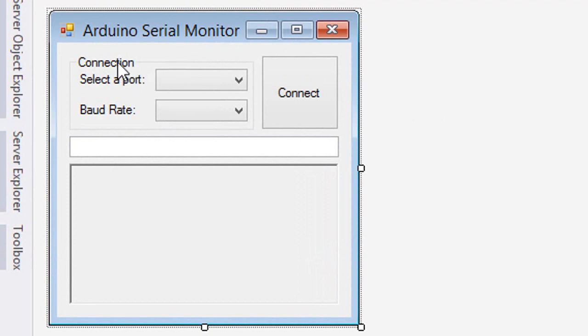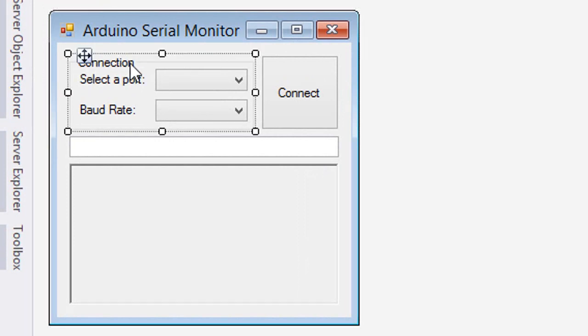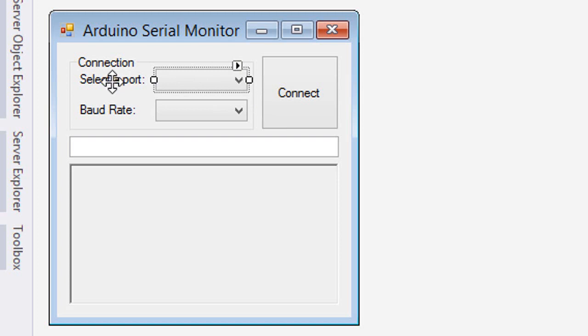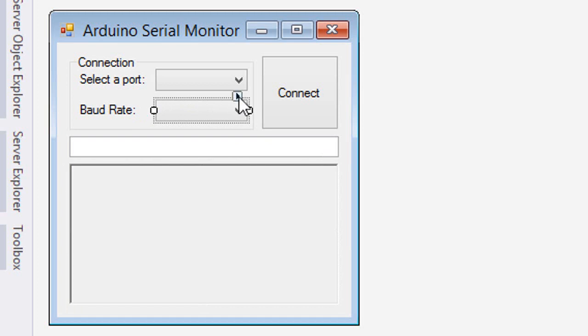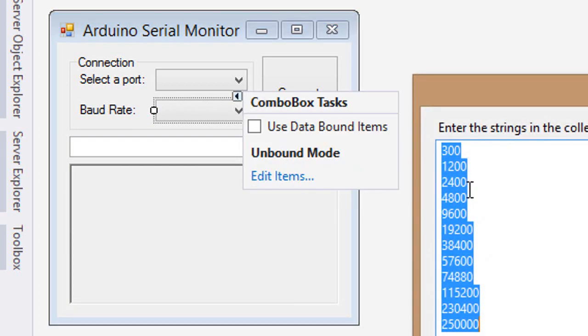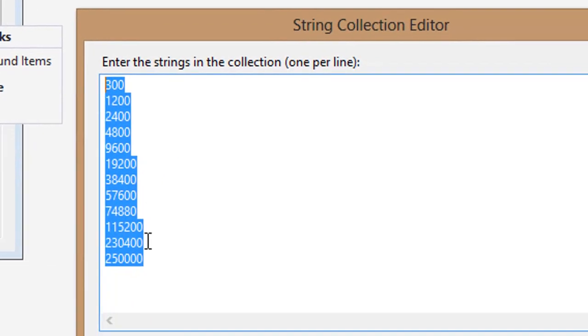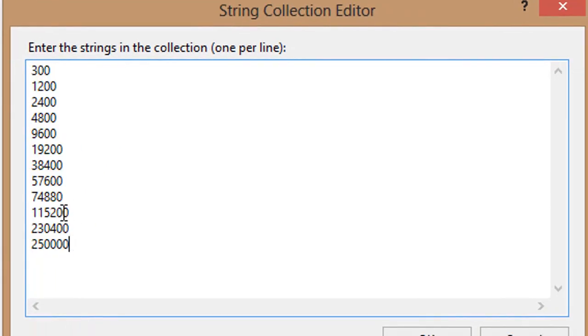I have a group box which is connection. I have two labels. I have here two combo boxes, one for the available ports and one for the baud rates, and I have here the connect disconnect button, and here I have a text box 1 for sending the data, and here I have a rich text box 1 for receiving the data. So in this combo box of the baud rate here, I have put some baud rates, the standard baud rates by the Arduino IDE,